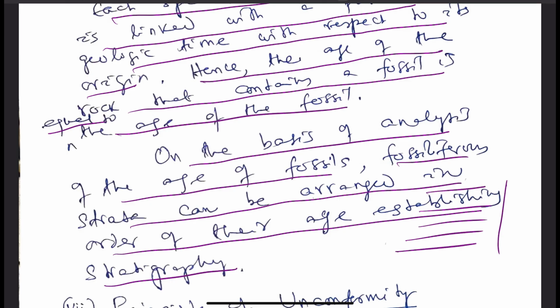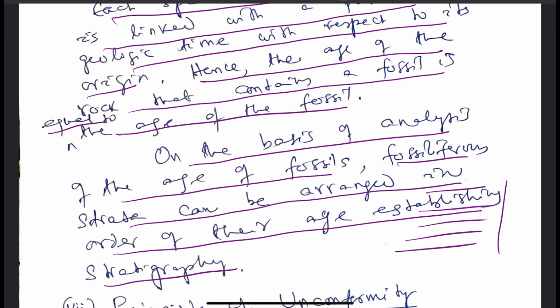And the fact is that when the sedimentary beds are in the process of formation, they contain the organisms that grow or flourish over them during their time of formation, and that's why these sedimentary formations contain these organisms. These organisms get fossilized within the sedimentary formations. So the age of the sedimentary formation is equal to the age of the organism, and each organism has its distinct age.